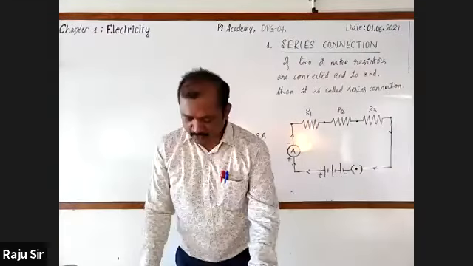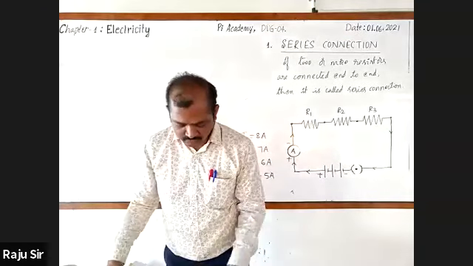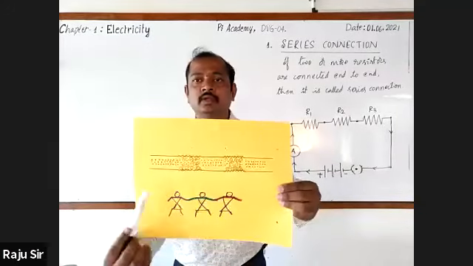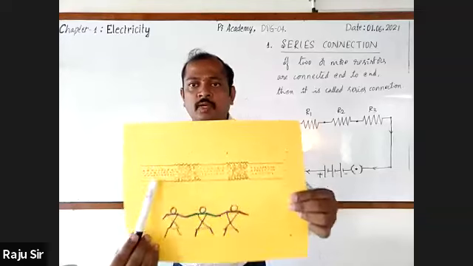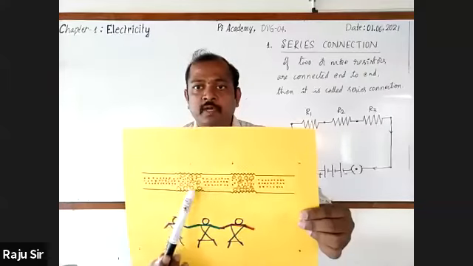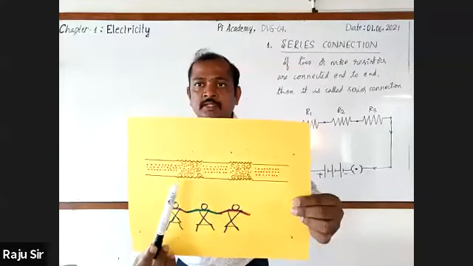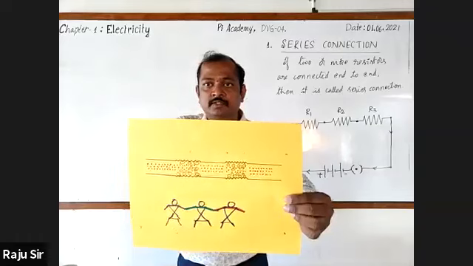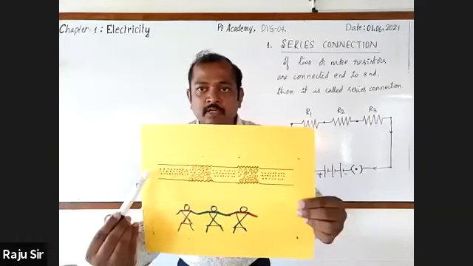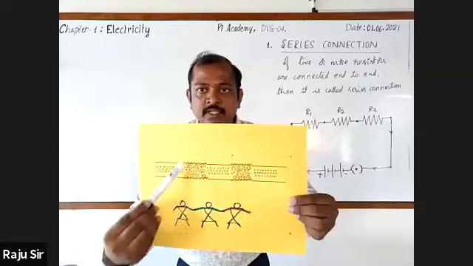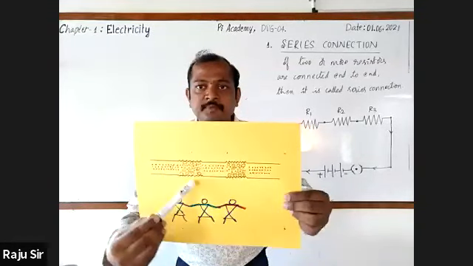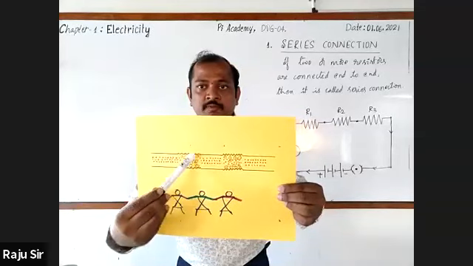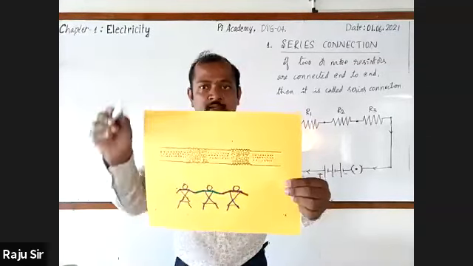Got it? And to make you understand again in detail, I am showing this picture. Observe this figure. Here, the red markings are the electrons, and this part is the resistor, the component which opposes the flow of electrons. When the electrons start moving from here, they have to cross this part. Here there will be more obstruction for the flow of electrons. With more obstruction, the current gets reduced, right?